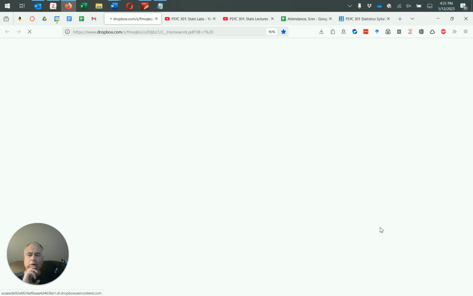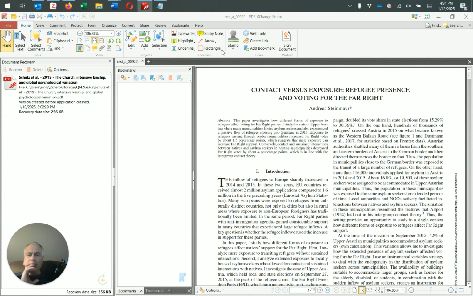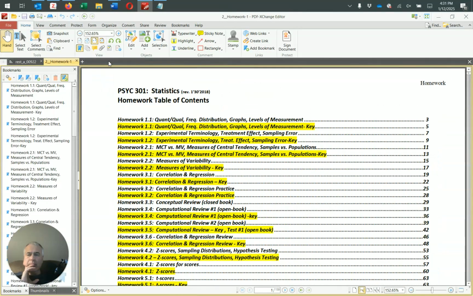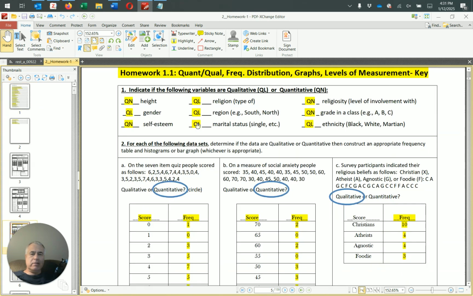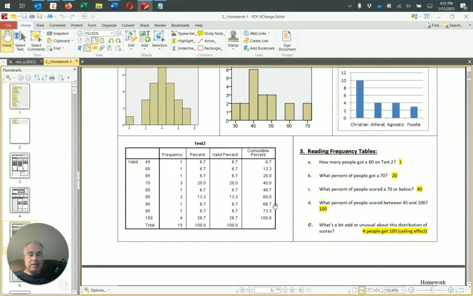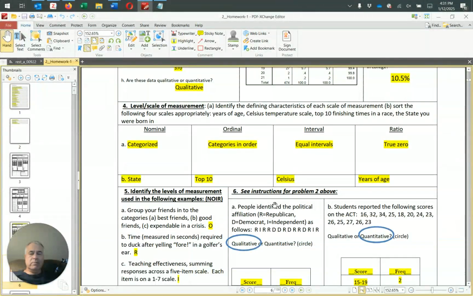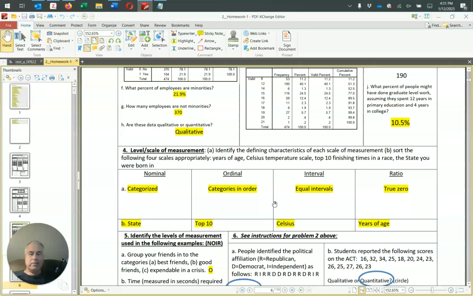When you're doing homework, before you submit it, I want you to check yourself against the key. So here's the homework key. This won't change typically during the semester, so if you want to download this to your computer, that's fine. All these are hot linked, so if you do control click, it'll take you right to the key. Check yourself against the key in a different color pen. If something doesn't make sense, circle it, and by all means, ask me about it in class. We make time for that.